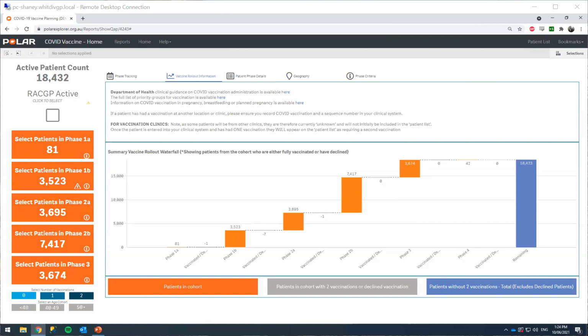Just in the meantime, the one thing that I've been mulling over with a couple of practices is, how do we actually action this? So the first question, the elephant in the room is, how do I know who's had it done elsewhere? Because presumably I've created a list of, you know, 600, 800 patients. I think one practice said they had 2,500 patients in 1B that were technically missing a vaccine. And what do you do with that information?